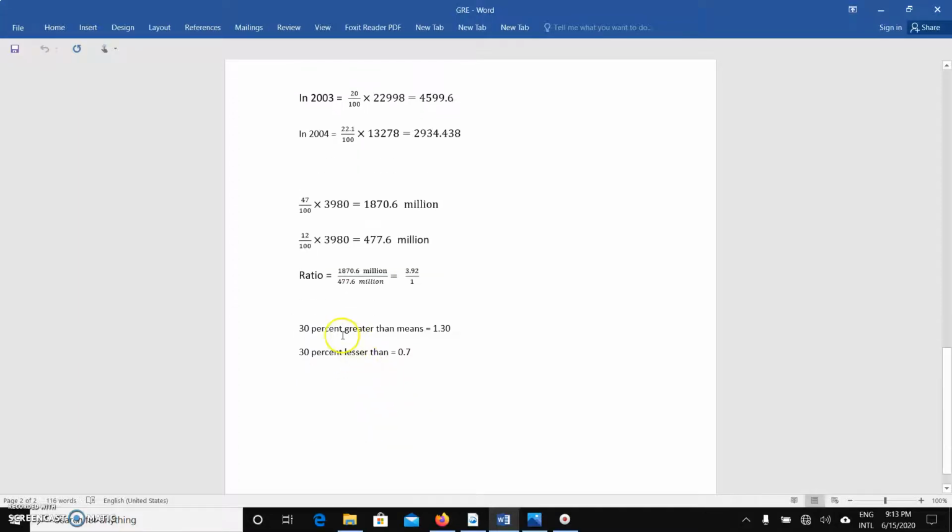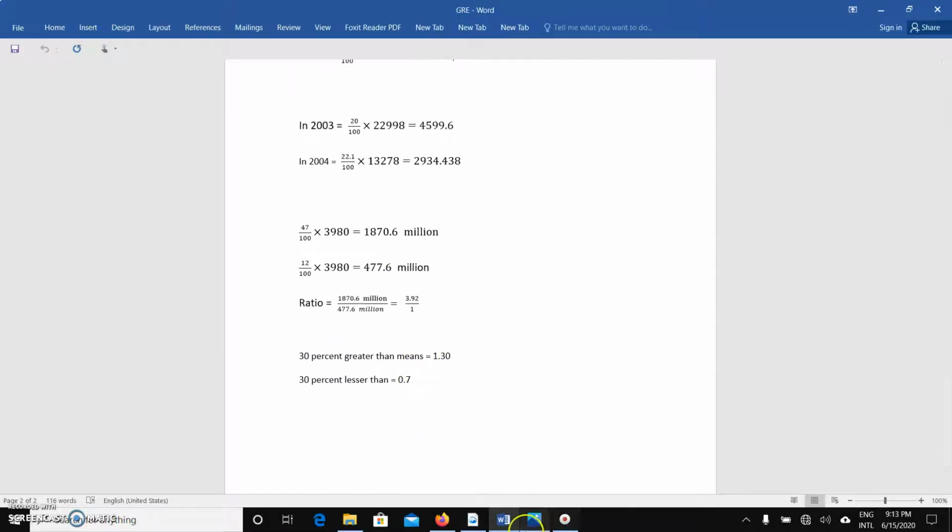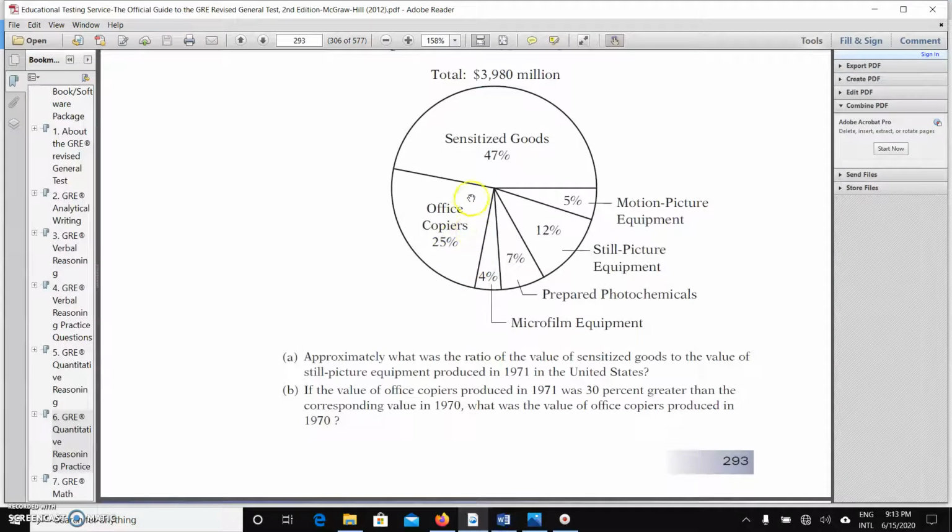Let me check. So okay, if you look for 25% of this,